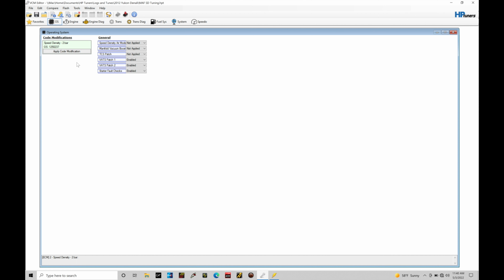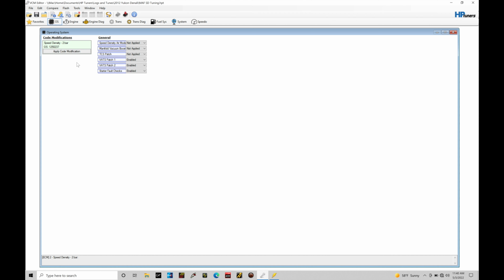It's just looking at a different point of reference in your histogram list. So we have one set for virtual volumetric efficiency. We also have another histogram channels list for the 2-bar operating system. So depending on which mode you're operating in for speed density, which you've assigned your calibration file to, that's the one that you're going to be working with and transferring your data from your histogram back into dialing in your